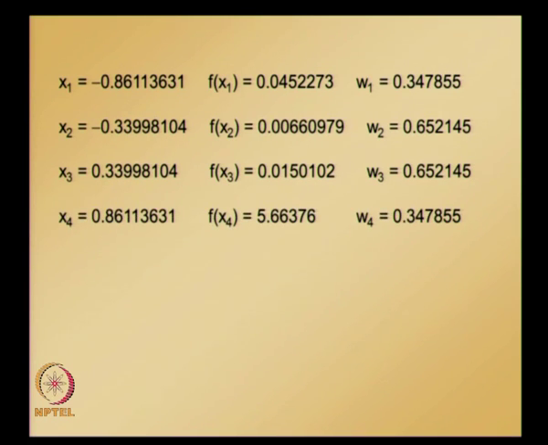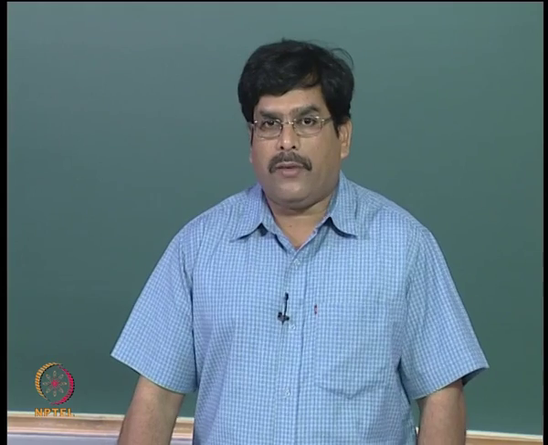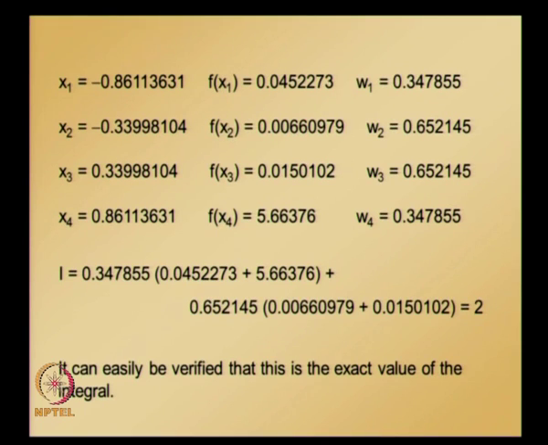So now what we need to do is W1 times f(x1) plus W2 times f(x2) plus W3 times f(x3) plus W4 times f(x4), and we get the approximate value using Gauss quadrature adopting 4 points. We get the integral value to be 2,